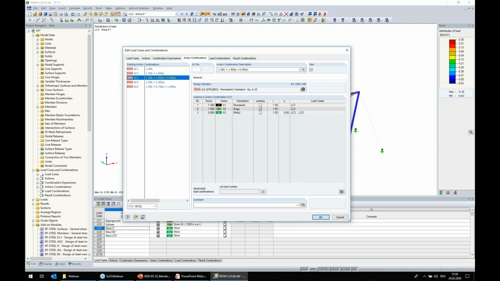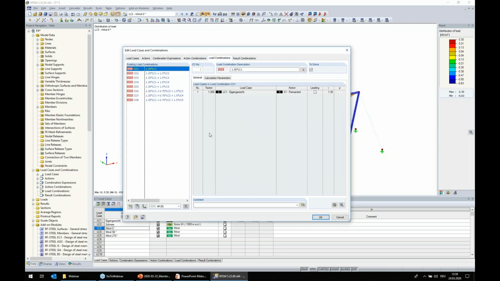What I would say is not so interesting, because this model is rebuilt in winter, so we can deactivate this one. Here we have permanent and wind with wind leading, and if we have two variables, here is wind as leading. So, and all these rules that we have here end finally in 8 load combinations,